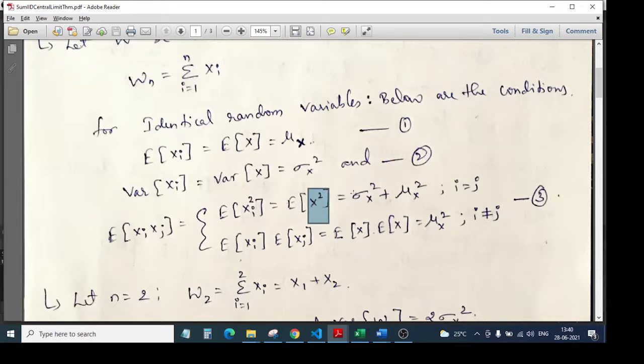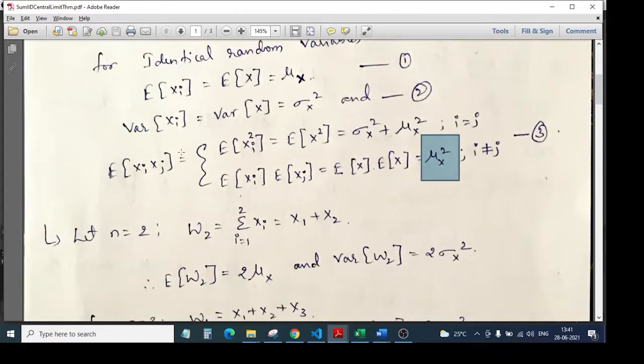Okay. Similarly, what would your variance be? It is nothing but sigma square plus mu x square. Okay, so this is the condition when i is equal to j. Similarly, the next case is when they are not equal. So I have the expectation of xi and the expectation of xj, and I multiply their individual expectations. As we discussed just now, xi becomes E of x, and E of x is equal to mu x. So this whole thing comes down to mu of x square. Right.